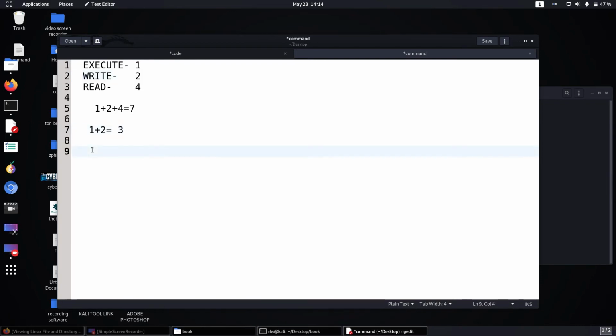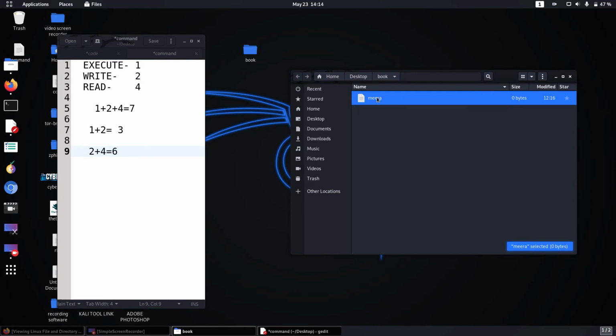Suppose 2 plus 4 equals 6. That means 2 is write, the file has write power, and 4 is read power. If you write 6, now first check the properties of Mira.